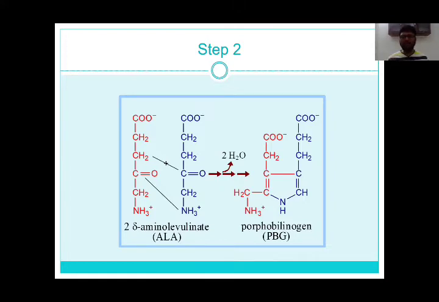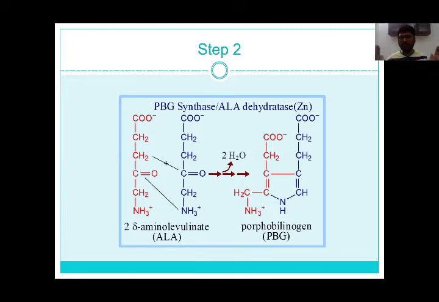The enzyme which synthesizes this porphobilinogen is called porphobilinogen synthase. During this synthesis, 2 molecules of water are removed from ALA, so this enzyme is also called ALA dehydratase. You can write any one name, PBG synthase or ALA dehydratase. This ALA dehydratase is a metalloenzyme which needs zinc for its action. So with this, the first part of synthesis is over. We have constructed a pyrrole ring.